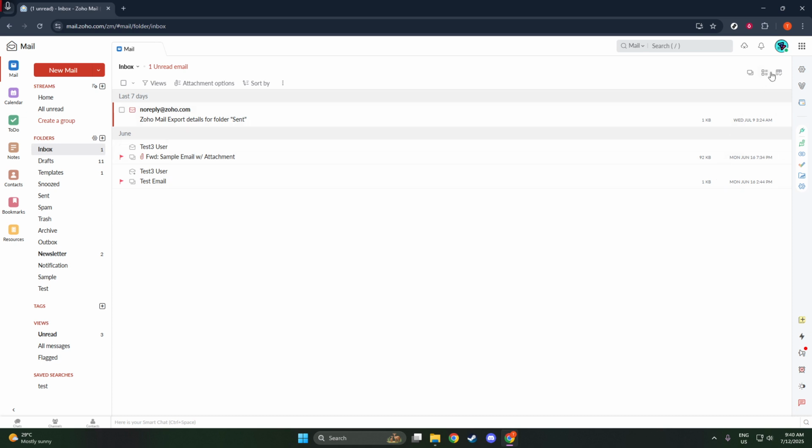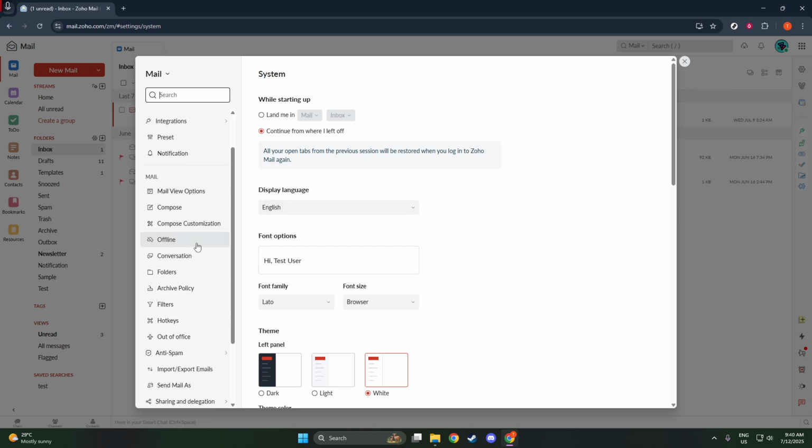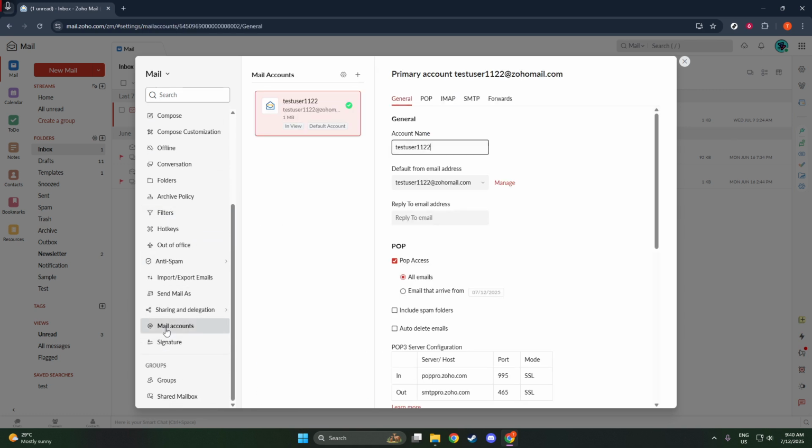First, you'll need to log into your Zoho Mail account. Open your browser and enter mail.zoho.com, then sign in using your credentials. Once you're in the main inbox, direct your attention to the top right corner of the screen, where you'll find the gear icon, often used as a universal symbol for settings. Click on this icon to dive into your mail settings.